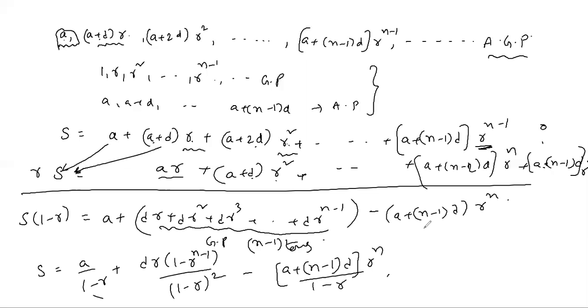First, how to identify the AGP series. If you observe the given sequence, some terms are in AP, some terms are in GP. So a combination means it is AGP. To find the sum of n terms or sum of infinite terms, always first take the given sequence as S, multiply with the common ratio R, now subtract. By subtracting, suppose n terms are given, in the middle you will get n minus 1 terms of GP.